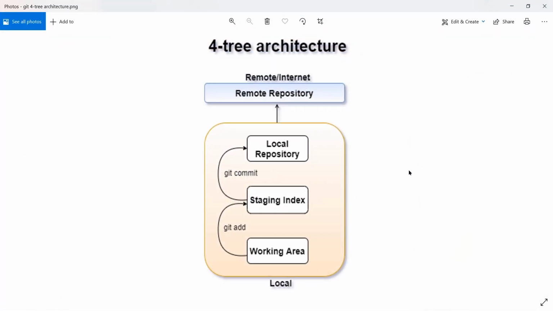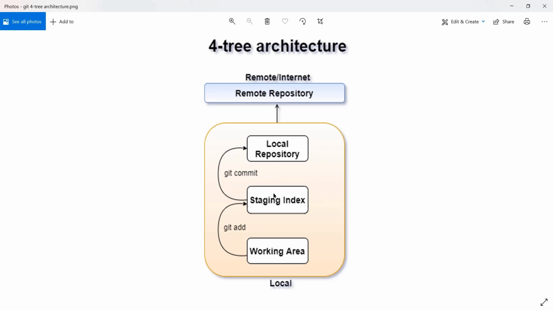Yeah, so that is the diagram that we referred to while discussing architecture or git workflow. So these are the different stages, right? If I want to see the file content difference between these two stages, working area and staging index, then this is one scenario. Second, I want to see the difference between staging index and my repository.